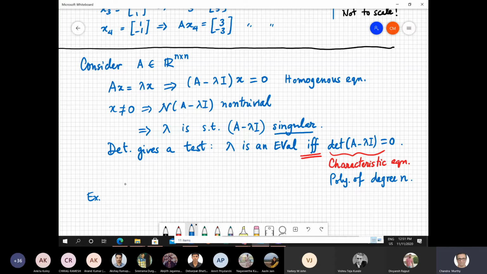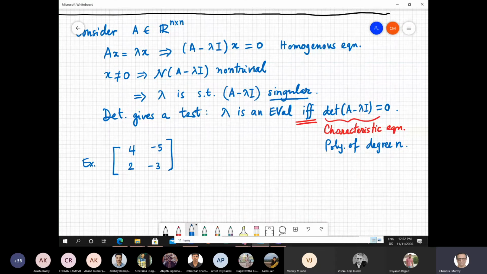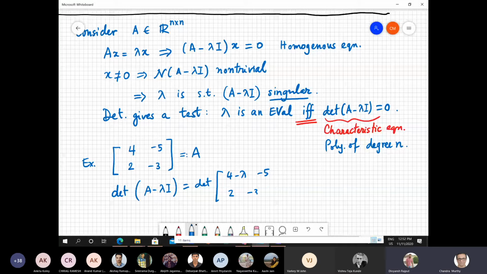So again, for example, if I consider the matrix with rows 4, -5 and 2, -3, then let's see, the determinant of A minus lambda I is the determinant of the matrix with rows 4 minus lambda, -5 and 2, -3 minus lambda, which is equal to (4 minus lambda)(-3 minus lambda) plus 10. And if I set this equal to 0, then I'll get,